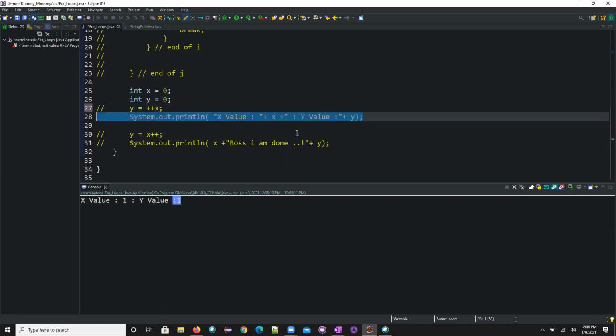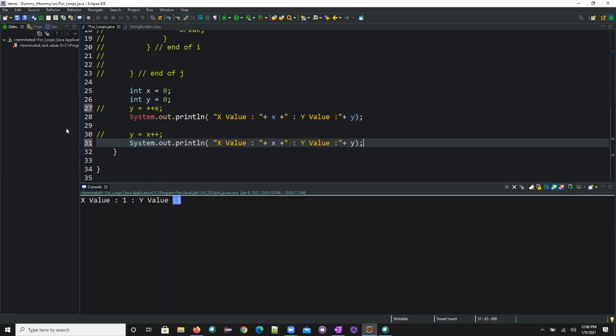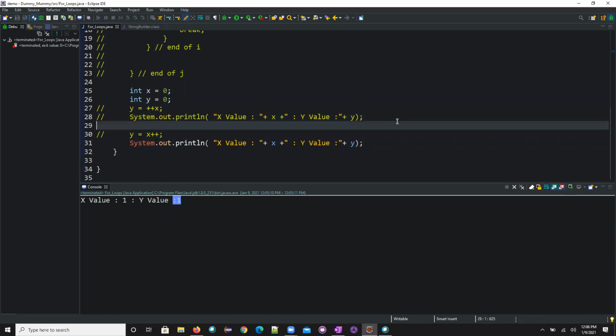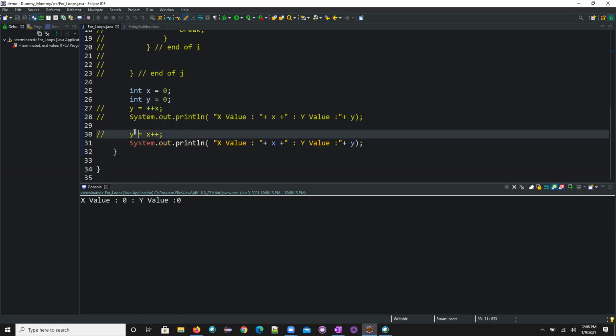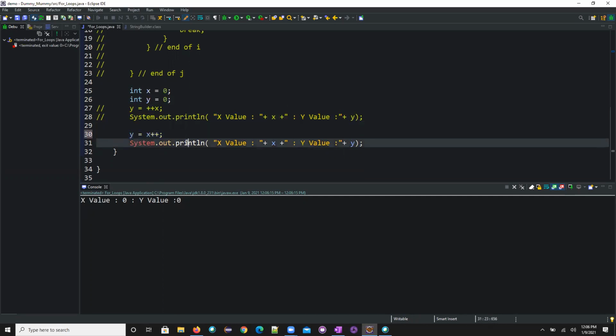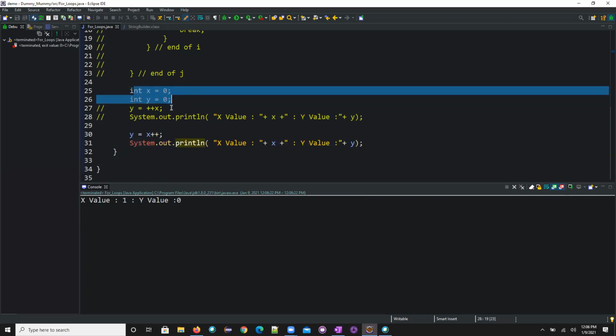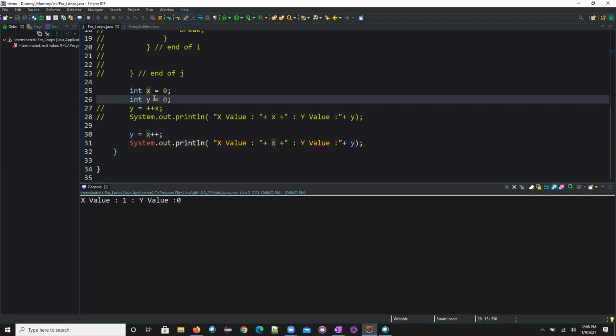Guys, any questions? Yeah. Now, for step 2, what will happen, you will get to understand that. Okay, I'll execute this. Oh, sorry. Oh my God, what happened? Here I didn't change the values. x equal to 0, y equal to 0.